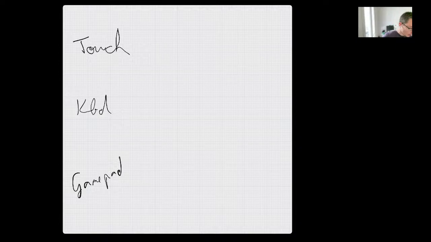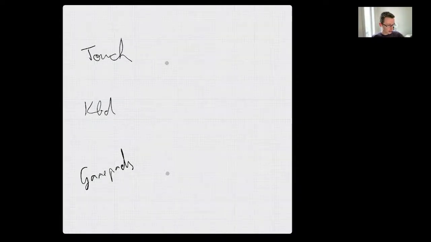And the tricky thing is we have multiple platforms. So we have touch, we have keyboard, and we have gamepads. So how do we handle this in the game? And my first idea